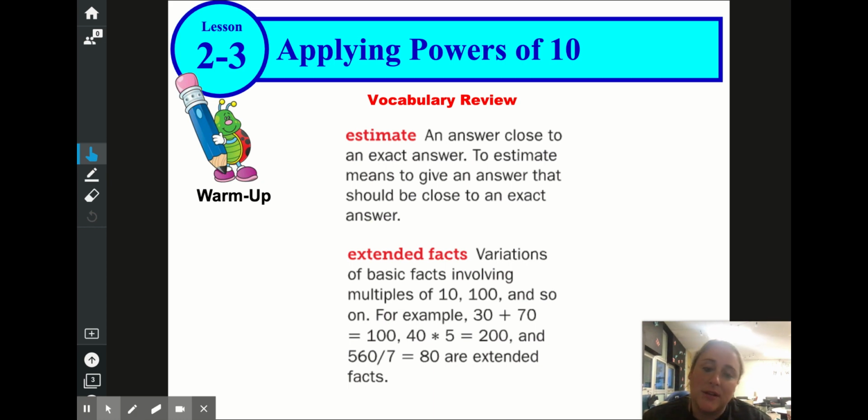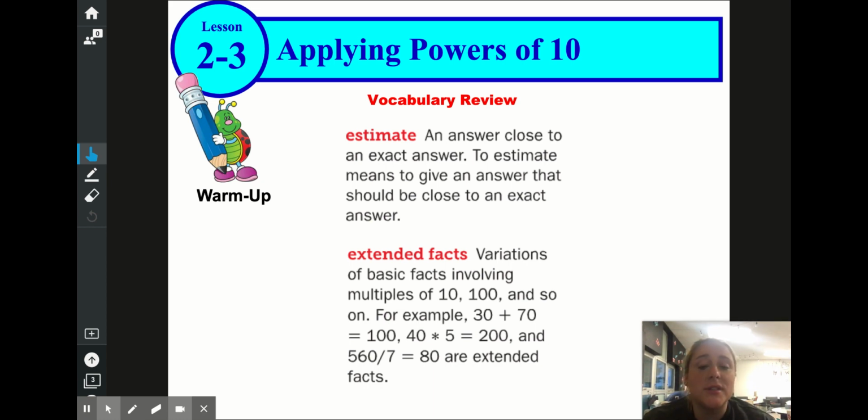Then we've got extended facts. Hopefully these are something you remember from last year in 4th grade. It's variations of your basic facts involving multiples of 10, 100, and so on. So for example, 30 plus 70 would equal 100, 40 times 5 would equal 200, and 560 divided by 7